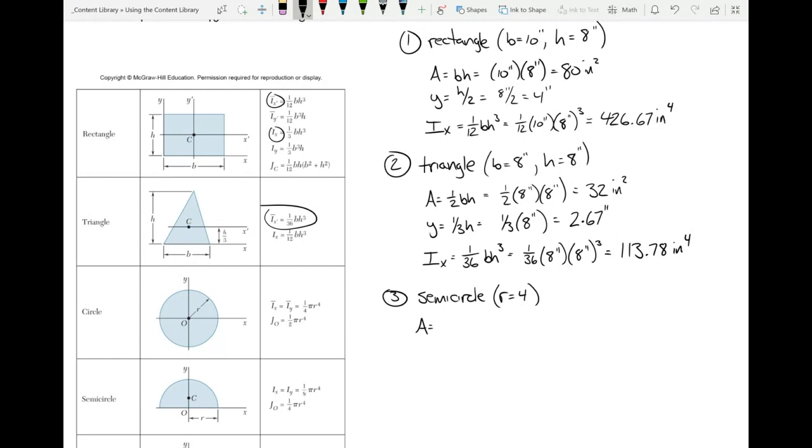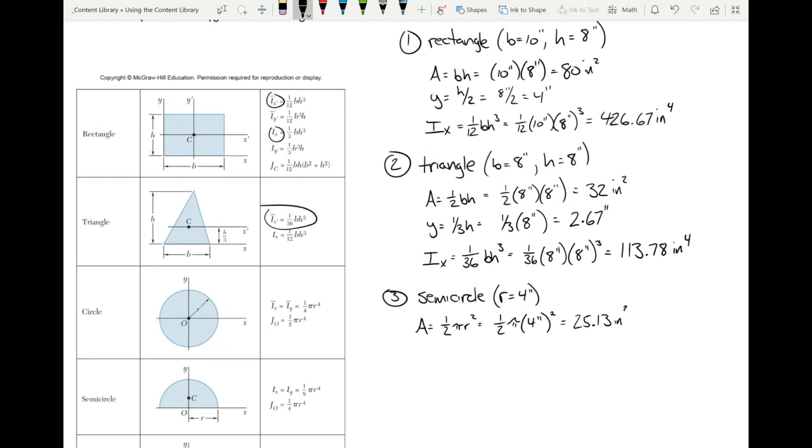How are we going to determine the area of a semicircle with a radius of 4? Well, it's just 1/2 pi r squared, right? So 1/2, we have pi, and that's 4 inches squared. And so let's see, that comes out to be, I think,